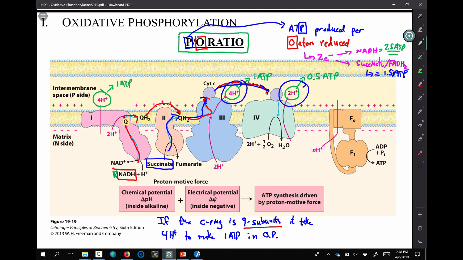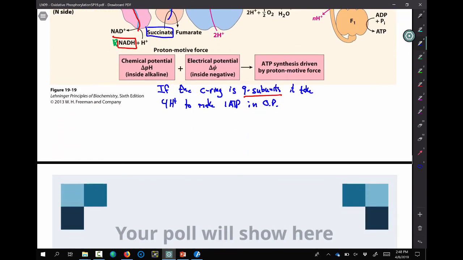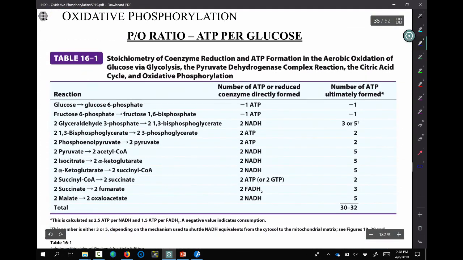And again, we'll get to the importance of the C ring later on, hopefully on Wednesday or worst case Friday. But that then can lead to something like this. I'm not going to spend a lot of time on this because you have already done this in a group work project. I'll just reference that citric acid group work project and say this is what you were supposed to do. You would have come to, based off of P/O ratios, NADH equals 2.5, FADH2 or succinate equals 1.5, and it's going to produce about 30 to 32 ATP. If you were to use 3 and 2, it will be 36 to 38 ATP.